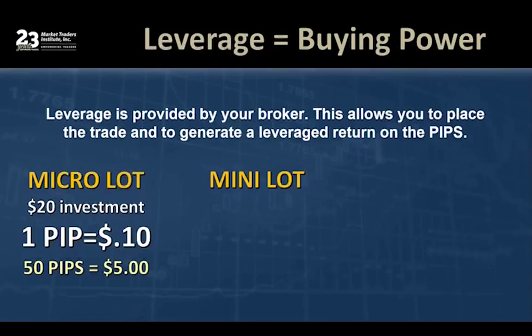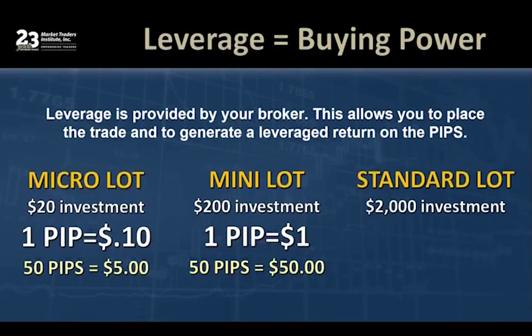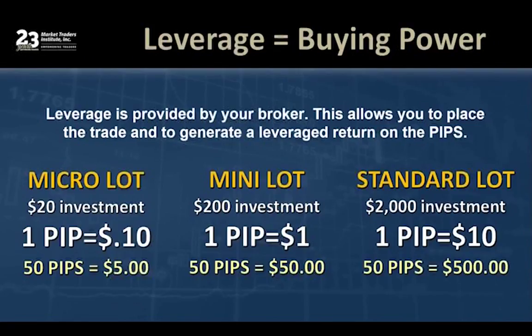The next step up is what's called a mini lot. A mini lot is about a $200 investment from your trading account. Each pip is going to be worth about $1. So now those same 50 pips are going to be worth $50. Now, we also have what's called a standard lot. A standard lot is the standard by which most traders strive to achieve in this market. A standard lot is about a $2,000 investment from your trading account. Each pip that you capture is going to be worth about $10. So in this case here, those same 50 pips now are going to be worth